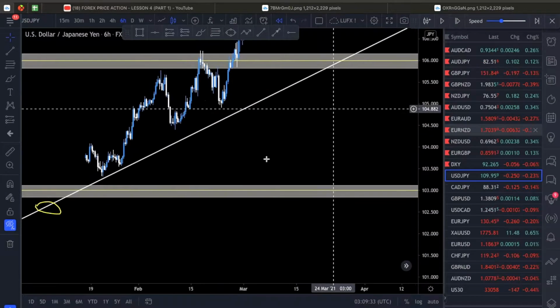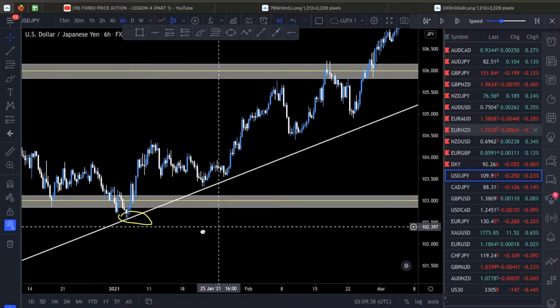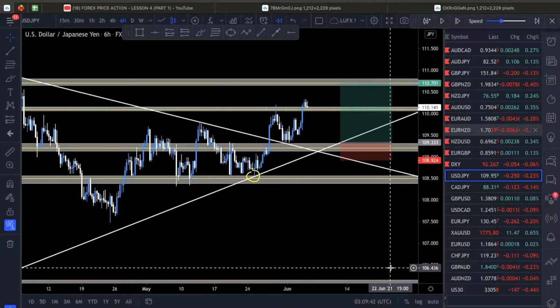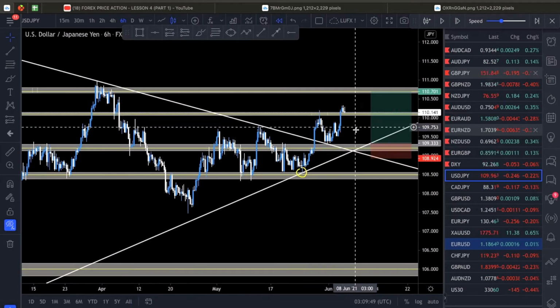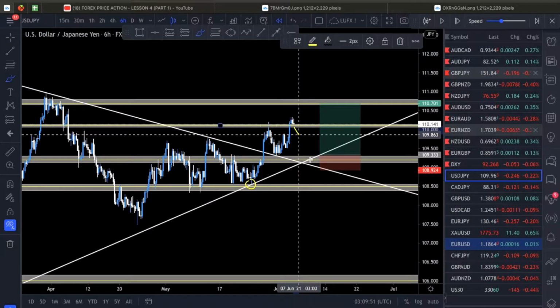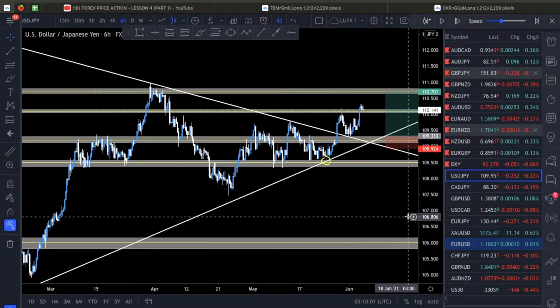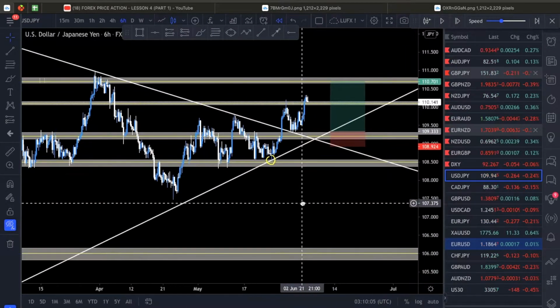So as you can tell, it touched it, then it touched, then it touched. So that doesn't count as one touch, two touch, whatever. This is the second touch, so it touched it, right? So now I was waiting for price to come down here, bounce, touch it, and then do its thing. So once price came up here, I was waiting for the higher low, like I said,